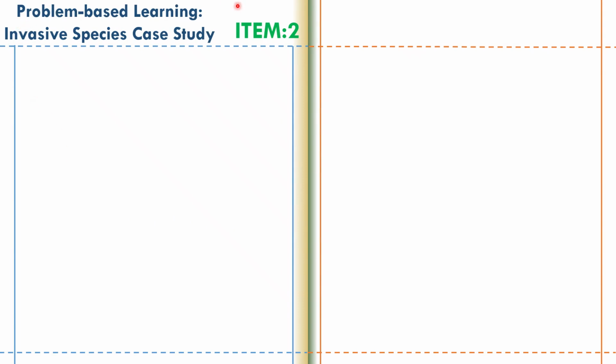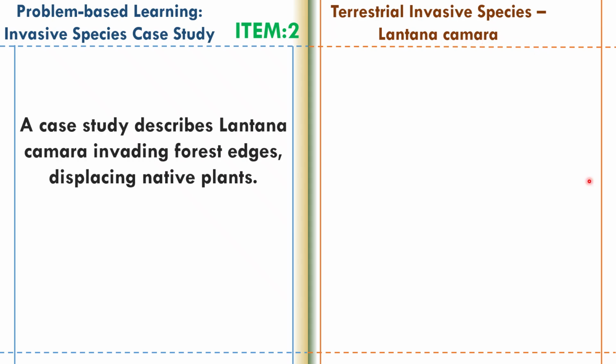Still on problem-based learning, we have invasive species case study, item 2. We are looking at terrestrial invasive species. This time we are looking at Lantana camara. A case study describes Lantana camara invading forest edges, displacing native plants. Task: